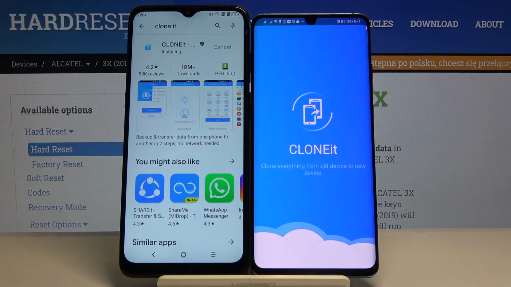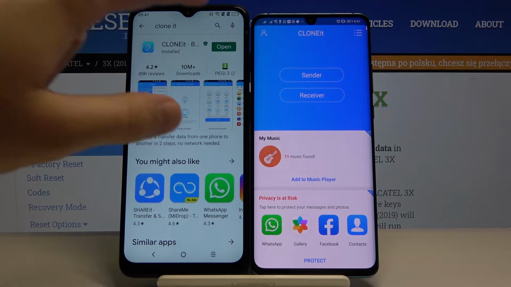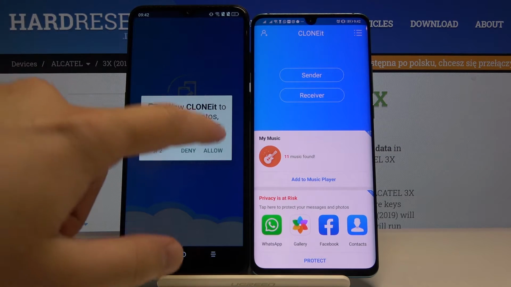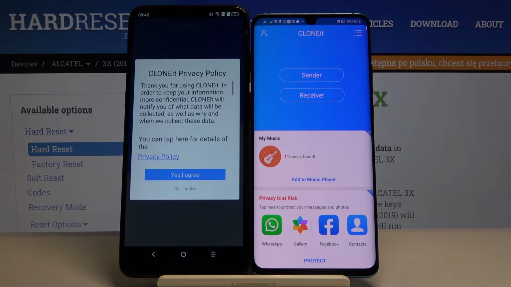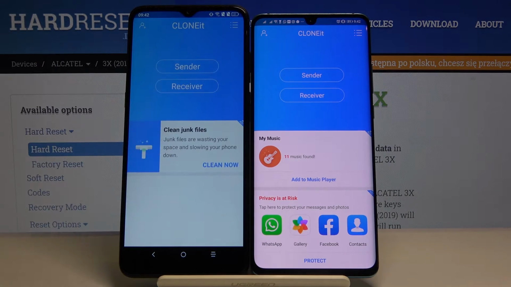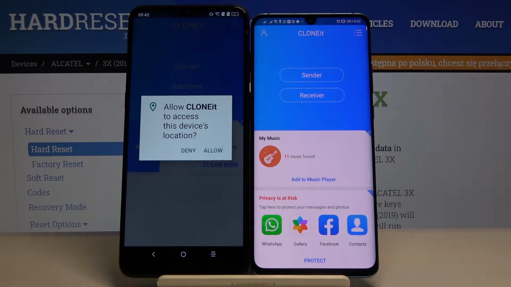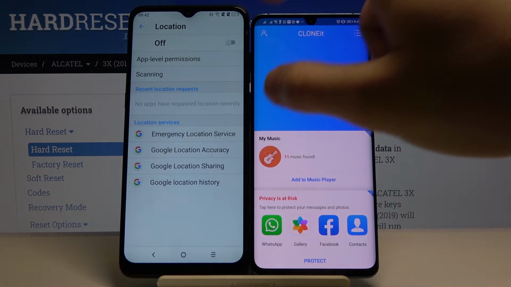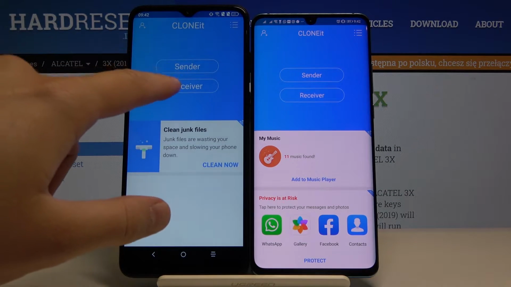I'm going to open this application because I downloaded it. So right now we have to open it. Click on optimize, tap allow 2 times. Click on yes, I agree. And right now click receiver on your ALCATEL. Click allow a few times, tap set, and then just turn on the location, go back, and click receiver once